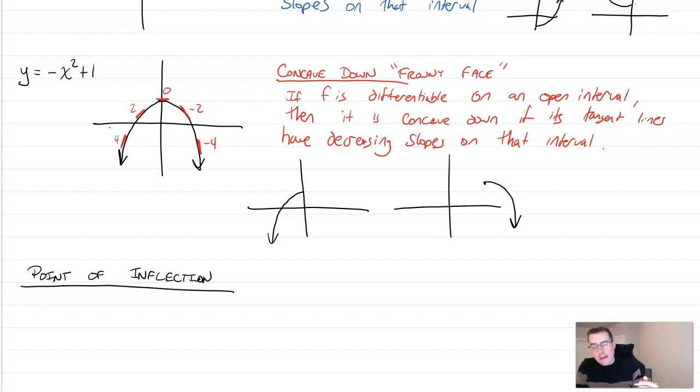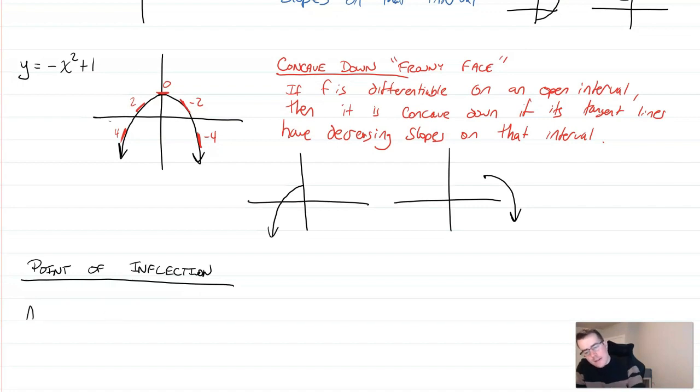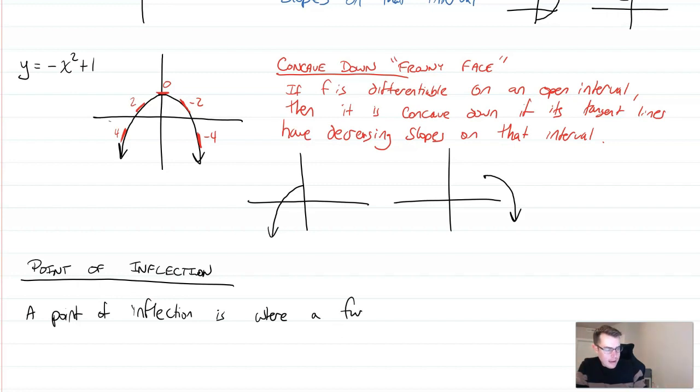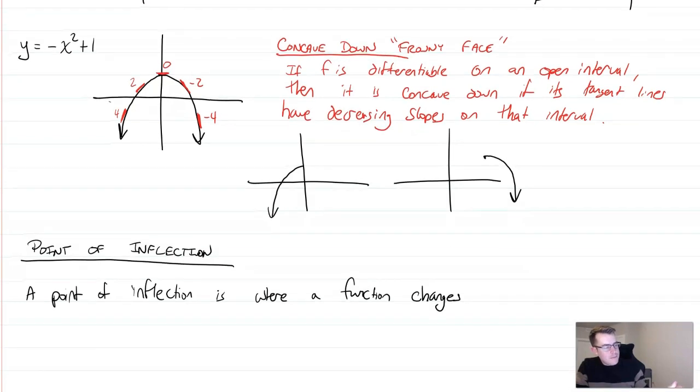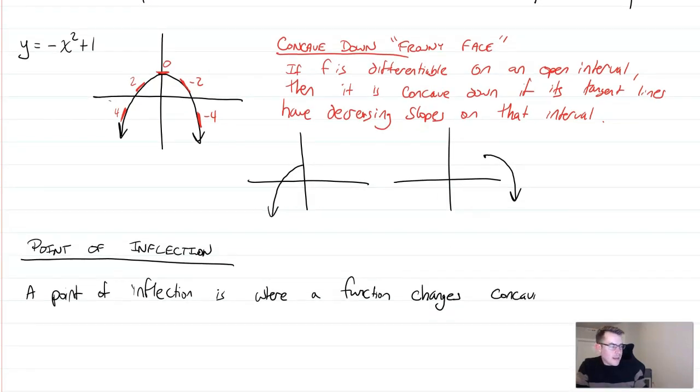And I'm just going to put it in very general terms here. A point of inflection is where a function changes concavity. So either it goes from concave up to concave down, or it goes from concave down to concave